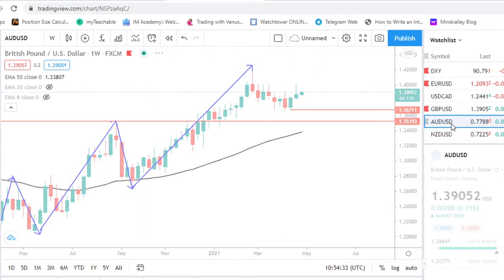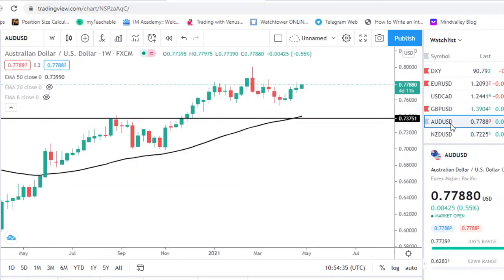Okay, so we're going to move on to Australian dollar USD. Australian dollar USD, we had an indecision candle close last week, and it looks like it is still moving. Overall, it is still in our bullish area, but my bias for this one is also bullish neutral. Either it continues bullish or it remains neutral, consolidating around here for this week. So we have bullish neutral as the bias for this particular one.